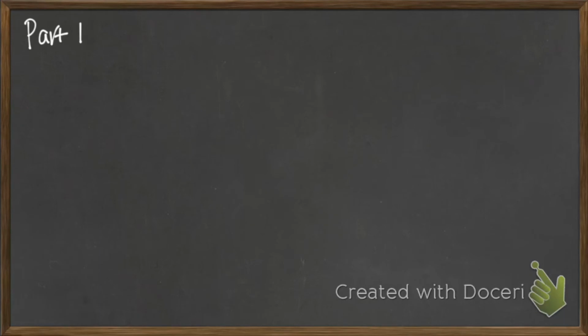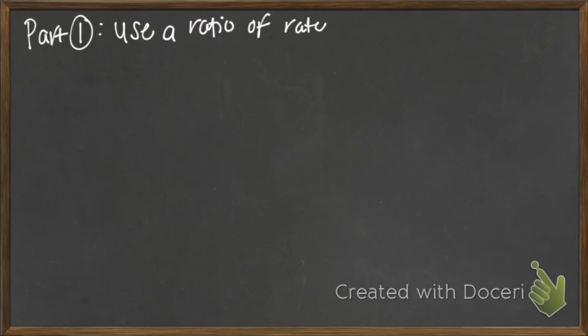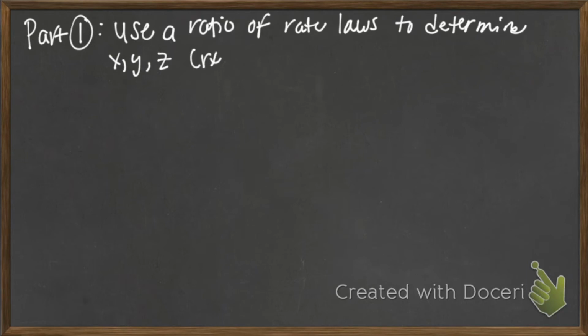Okay, so part 1, right? We're determining the rate law. We're determining those exponents, x, y, and z. So we are going to use a ratio of rate laws to do this, like we did in class, right? We're going to use that ratio of rate laws to determine those reaction orders, x, y, and z. So we would take rate for, say, reaction, we'll call it A, or trial A, divided by,